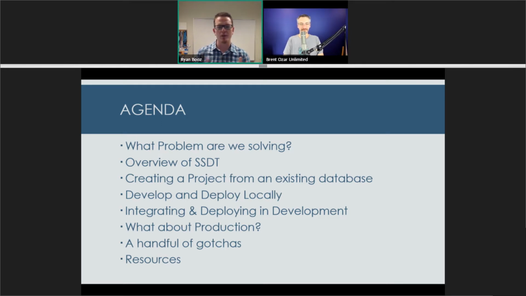We're going to create a quick project just to show you what that looks like. We're going to develop it locally mostly because it's quick and easy and actually something you can get used to doing yourself. And then we'll talk about the actual integration and deployment. We're going to use VSTS to quickly see what it looks like to merge something into branches and see it automatically deployed. Briefly talk about production.